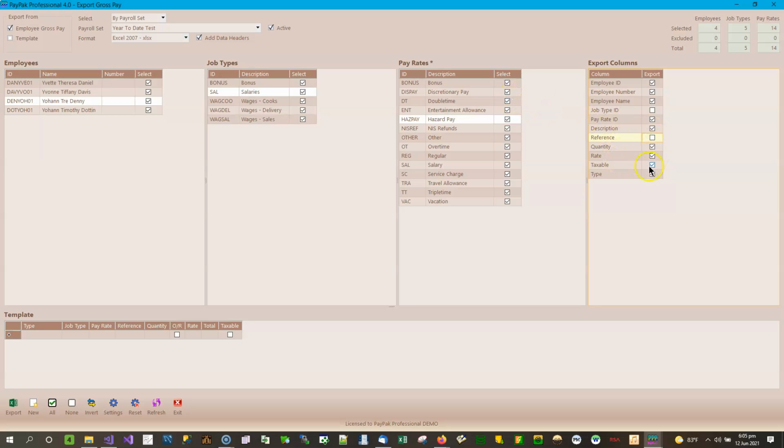Quantity and rate. You may or may not want these sent over. Now, the way PayPak works when you import the file is that it can match more often than not. You are pulling the rate from the employee's profile. So many import files do not have the rate. Okay. However,